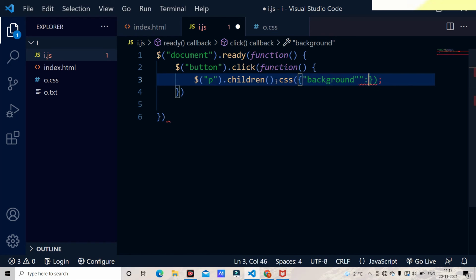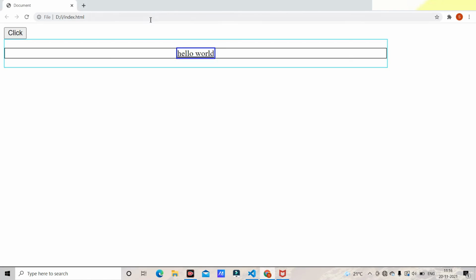Well, here I am going to select the red, and come here, reload the site, fix it. Well, yes, we have only one child within that p tag, which is the insert, and it got its background as red color.